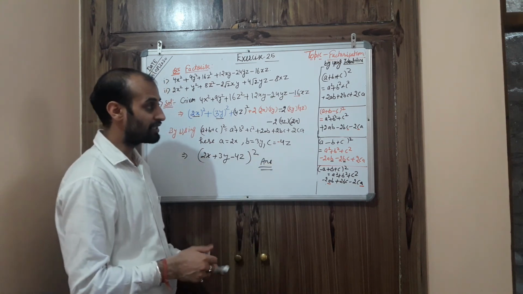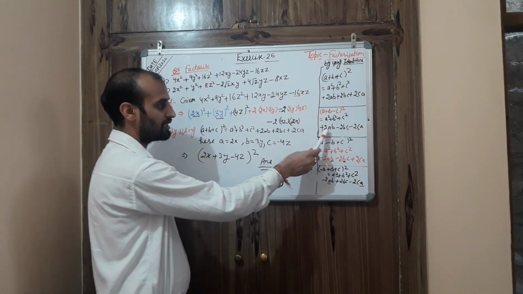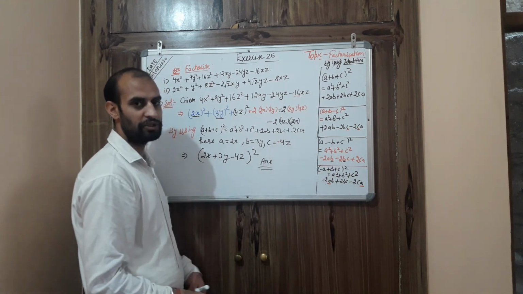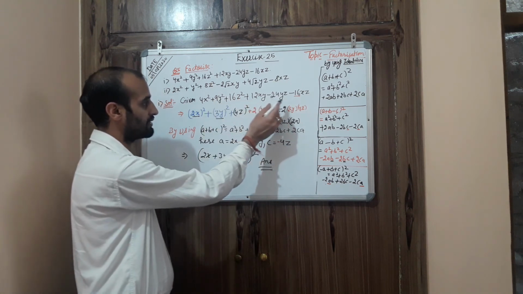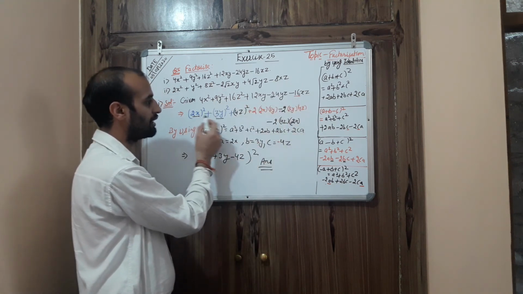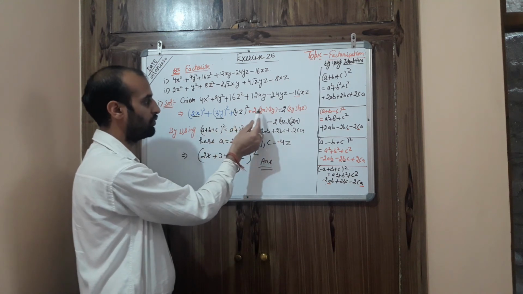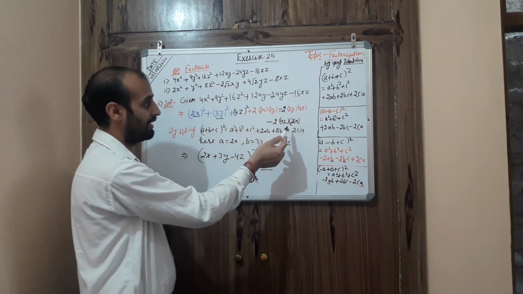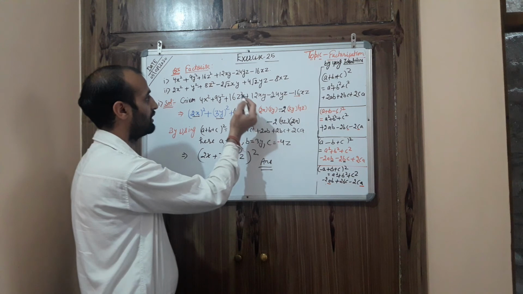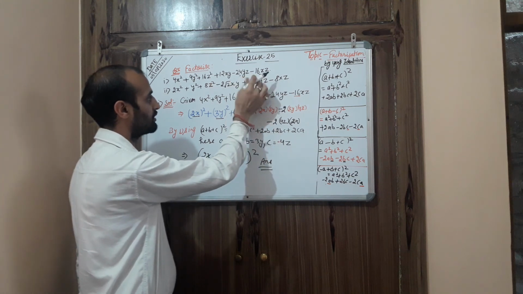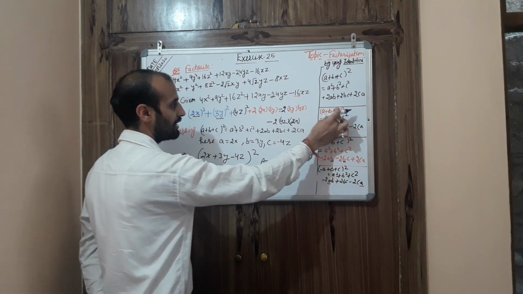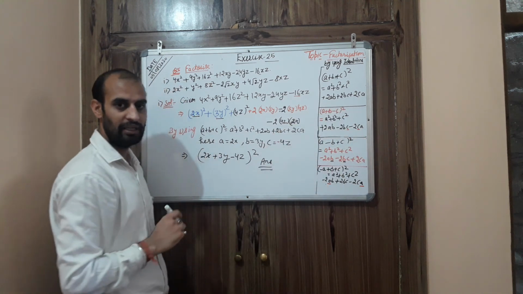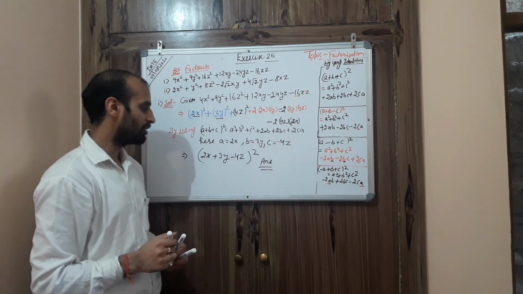This is the required answer. Once again I want to tell you, keep these properties in mind, because without them you are not able to solve this question. First write the question as such, then try to make it in the form of a square, b square, c square, 2ab, 2bc, 2ca. Check directly in the question: if the second and last terms are negative, it definitely looks like this one, so I need to take the last term as negative. In this way you can solve the question.